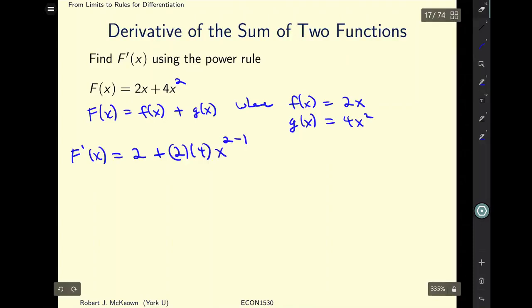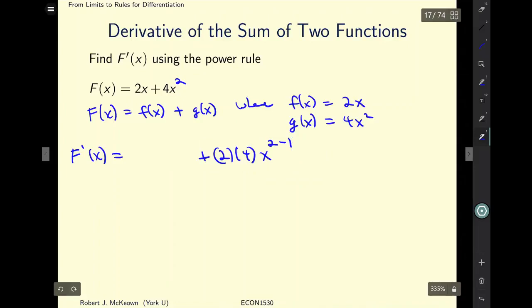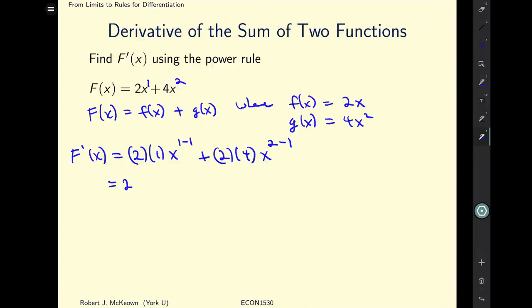And maybe, just in case you haven't seen this before, if I've got the 2 there, it's like there's a 1 there, the 1 comes down, and I've got x to the power of 1 minus 1. If I do some simplifying, I get 2 times 1. What's x to the power of 0? X to the power of 0 is 1. So I get 2 plus 8x,